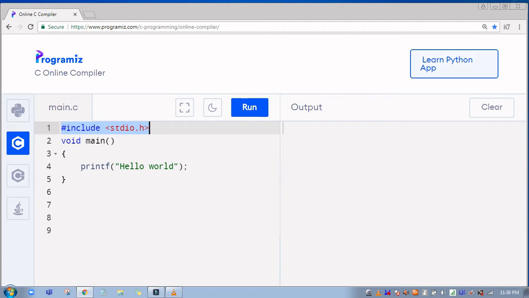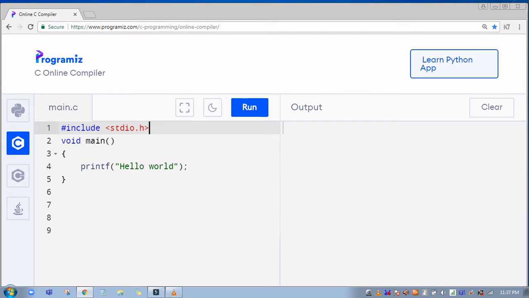What is stdio.h? It is standard input output. .h represents header file. The standard input output header file contains scanf and printf statements. The hash is a preprocessor. Okay, we have done with the first line. It is a header section, so we include header files to use library functions inside it.